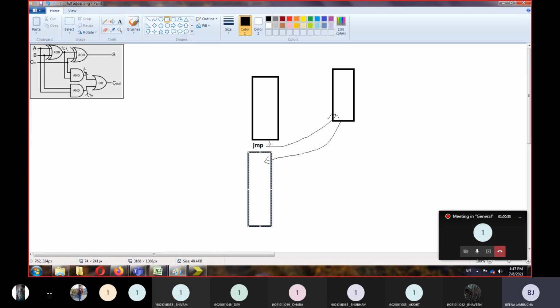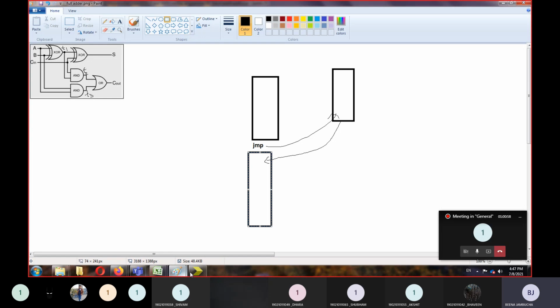You can say the module is copied there, right? Because here it is a different hardware. It is not only a software program, because it is the equivalent hardware we are going to realize on the FPGA board, FPGA chip, right? And this is the reason we will have to copy the full adder, right? 4 times.